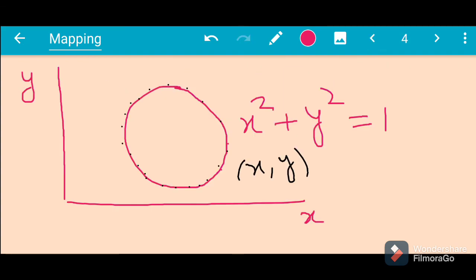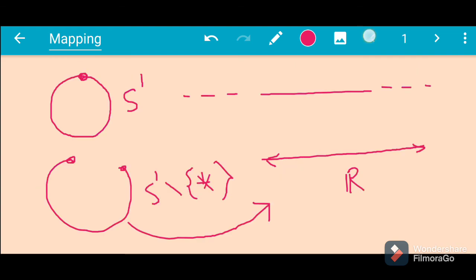So this particular arc is bijective with the line. The same thing can be explained through topology also, but I'm expecting that you don't know topology, so I'm proving it in this easier form. So this is how we can find a function from the circle, deleting one point, to r. Okay, goodbye.